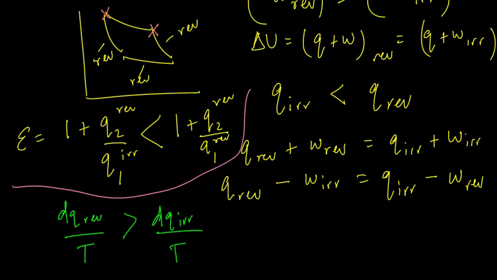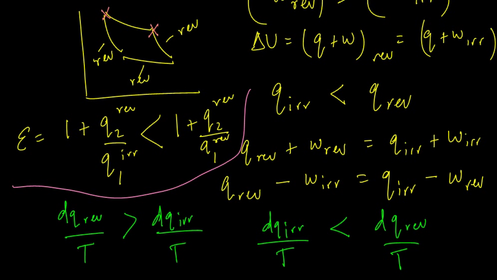It's actually written more like this: dq irreversible by T is less than dq reversible by T, because this is the more common form of writing it, because we already know that dq reversible by T is the state function entropy, and